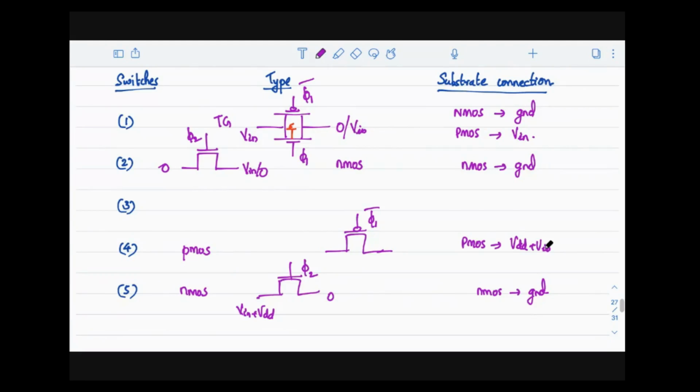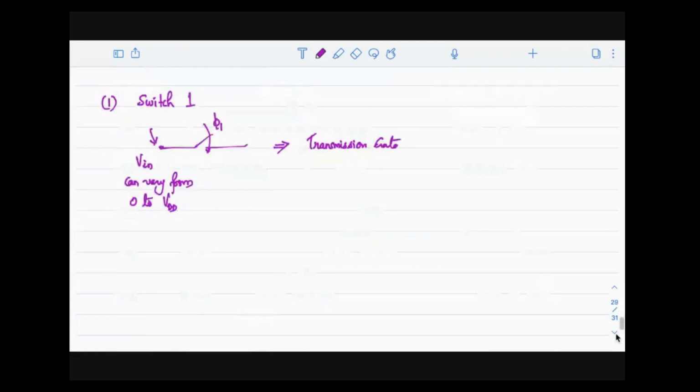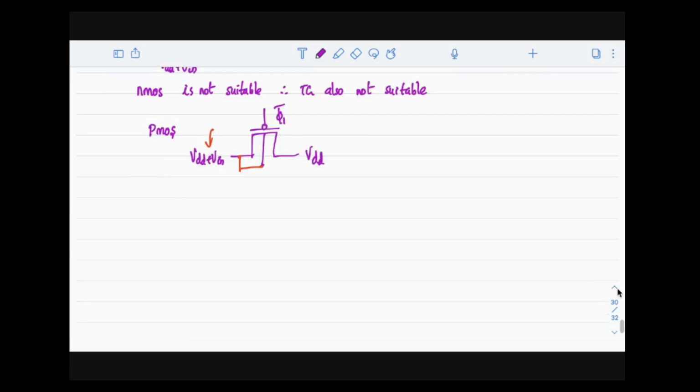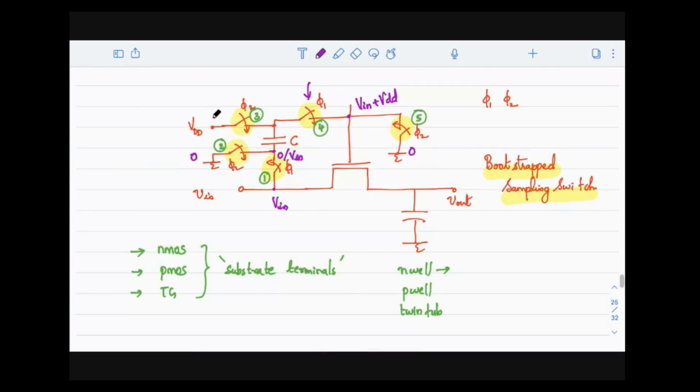All right. Now, one more switch left. What is your last switch? That is switch number 3. Let us look at switch number 3 in a little more detail than the other switches, because there are certain things which we need to consider. I have marked the switch like this, and if you look at both sides of the switch, we can see that on this side the voltage is VDD, and on the other side the voltage can be either VDD or VDD plus V in.